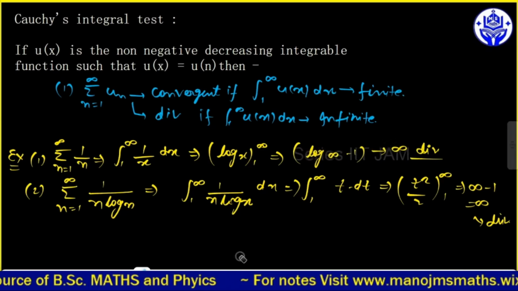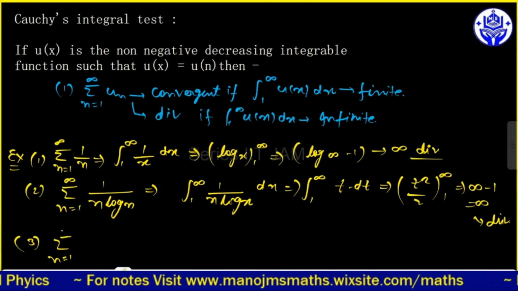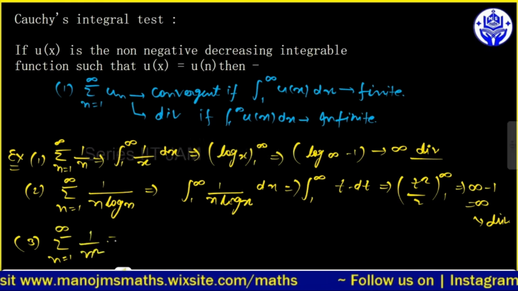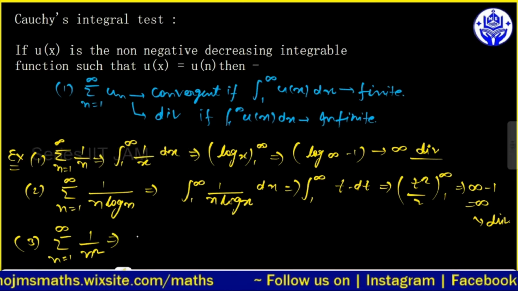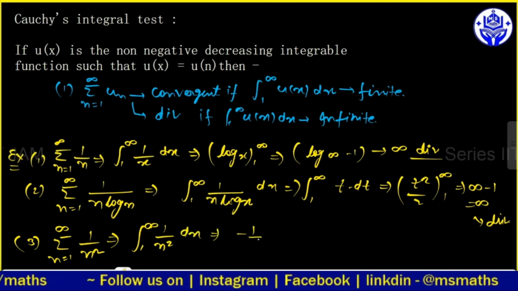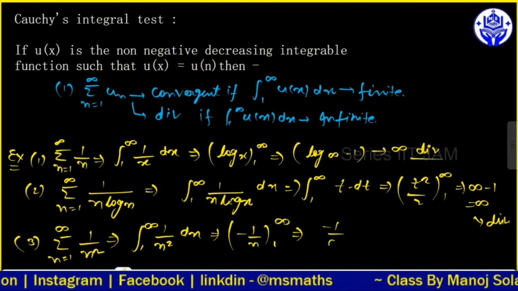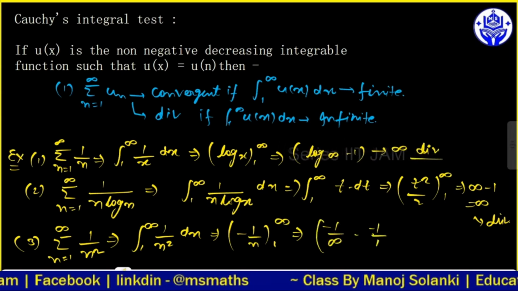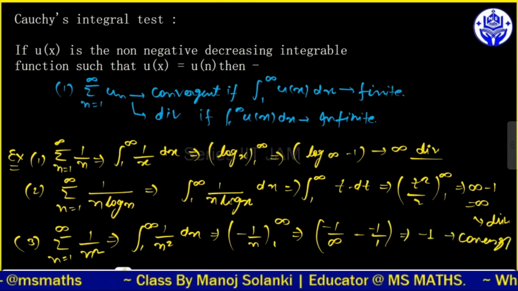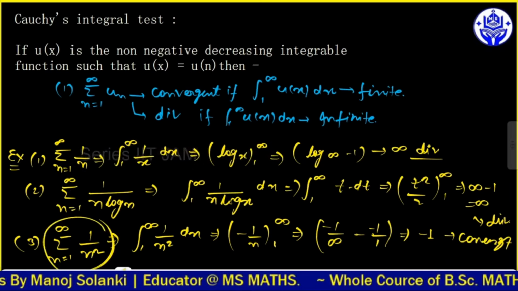अगर हमारे पास में कोई सीरीज है जिसमें n इज इक्वल टू 1 to इनफाइनाइट, 1/n स्क्वायर, ये भी एक डिक्रीजिंग सीरीज है, तो इसका भी हम 1 to इनफाइनाइट 1/n स्क्वायर इंटीग्रेशन करते हैं तो -1/n मिलता है, और ये हो जाएगा 1 to इनफाइनाइट। अब इसमें पुट करते हैं तो मिलता है 1/इनफाइनाइट - 1/1, तो आपको एक फाइनाइट वैल्यू -1 मिलेगी। तो ये कन्वर्जेंट हो जाएगा। ये सीरीज कन्वर्जेंट है, ये दोनों डाइवर्जेंट हैं।